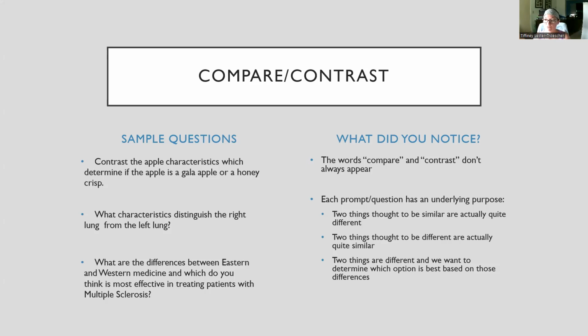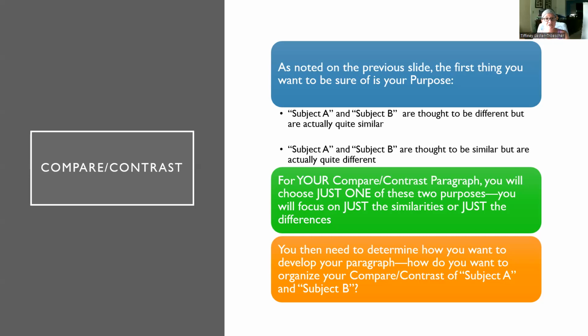You're not going to do comparing and contrasting in the paragraph. You are going to decide, when you have your two topics picked out, your two subjects, do you want to focus on how they are similar, or do you want to focus on how they are different? And one way that you can help make your paragraph have a good angle, remember the rhetorical situation, topic, angle, purpose, audience, tone. Remember, your angle is what you're bringing to the table that's a little different, a little new,